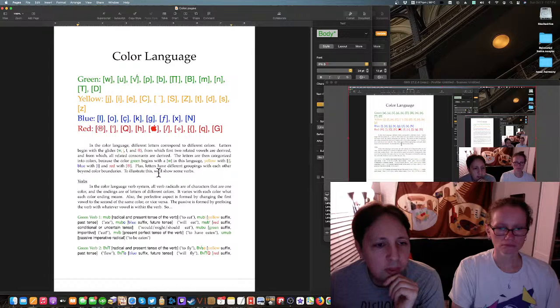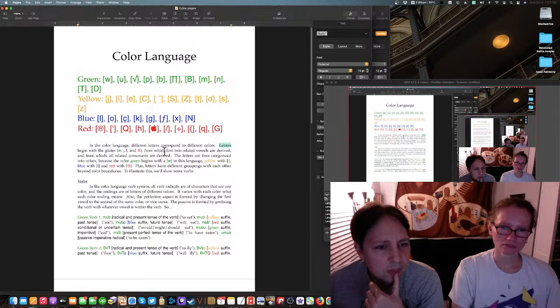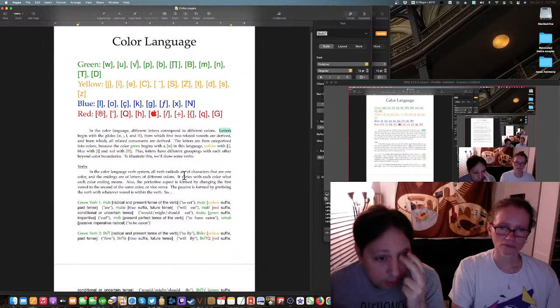I think the colors begin with the glides, so they're all glides, in theory. Letters are then categorized in colors because the color green begins with a W in this language, yellow with blah, blah, blah. Plus, letters have different groupings with each other beyond color boundaries.